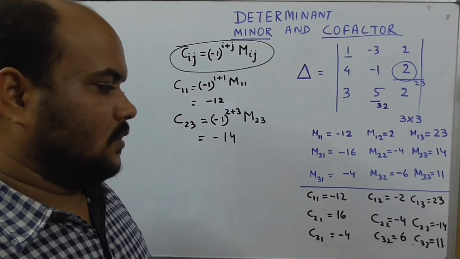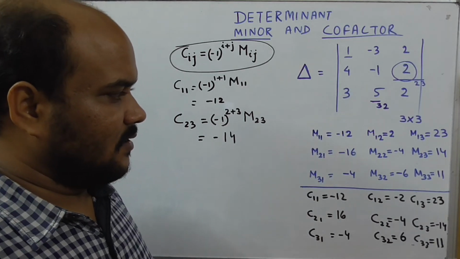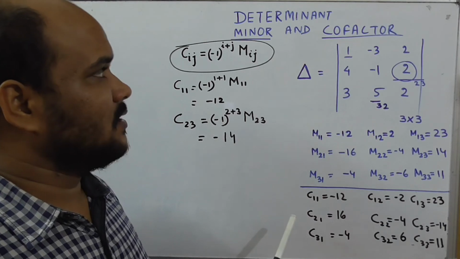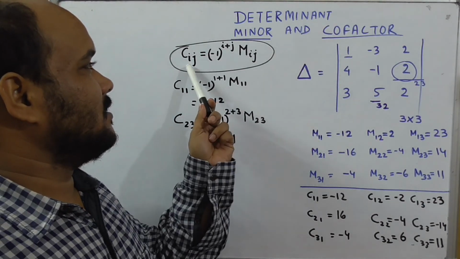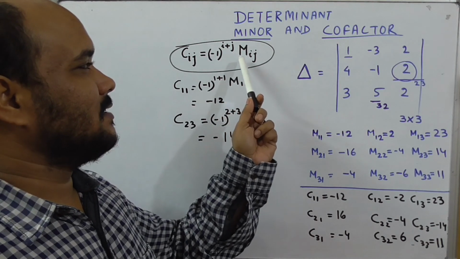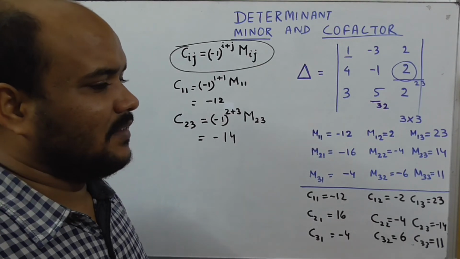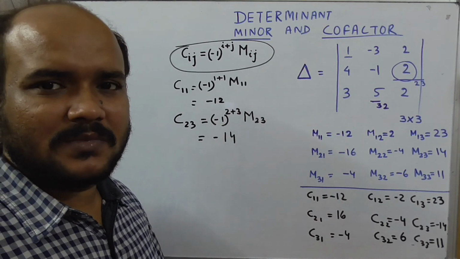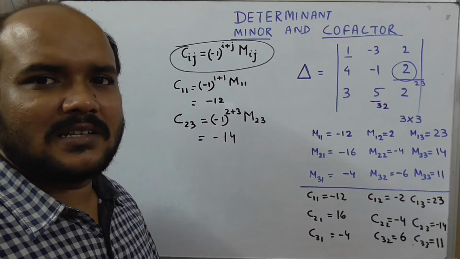As you can see, I have written all the cofactor values of this matrix. These are the set of minor values and these are the set of cofactor values. Remember, we have discussed minor and cofactor. The cofactor formula is Cij equals -1 raised to the power i plus j times minor Mij. You can refer to any of the standard books, R.D. Sharma, R.S. Agarwal. There are a lot of problems where you are supposed to find minor as well as cofactor.